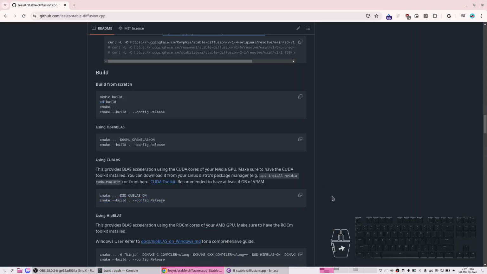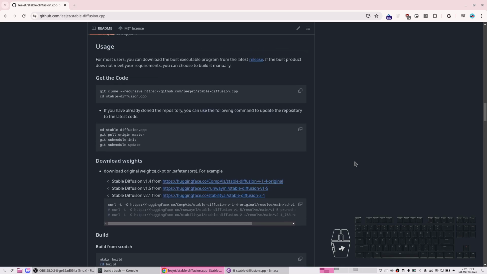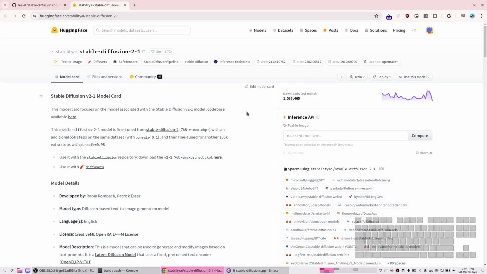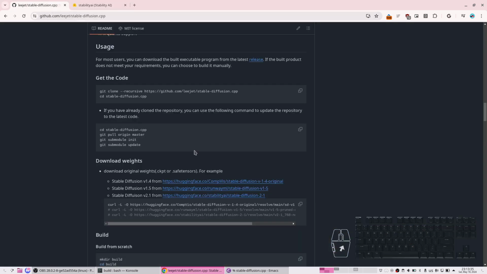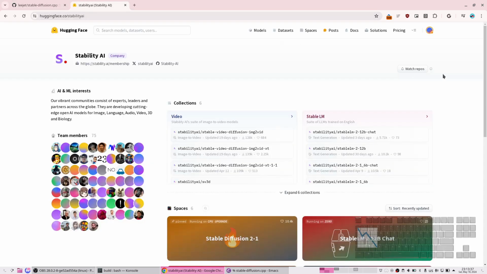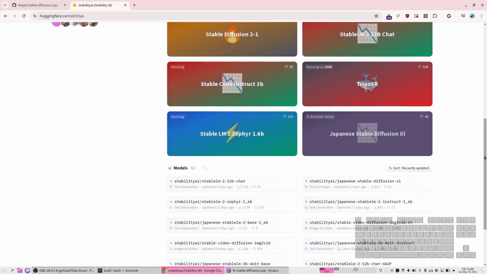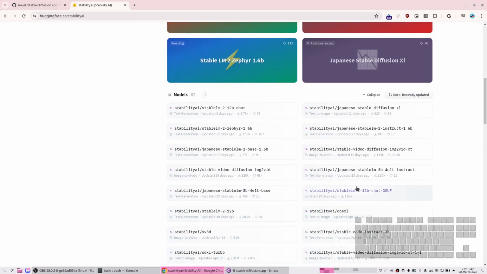To run this, we need weights. So we need to download weights. There is a link on this page where we can download them. It says, for example, Stable Diffusion 2.1 can be downloaded from here. So you just go to this link, right? There is a version which is supposed to be better. It's called XL,